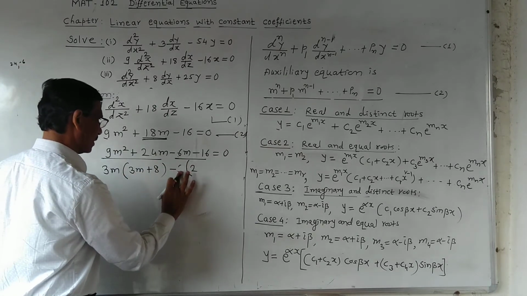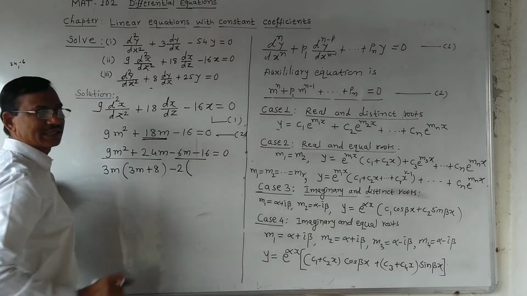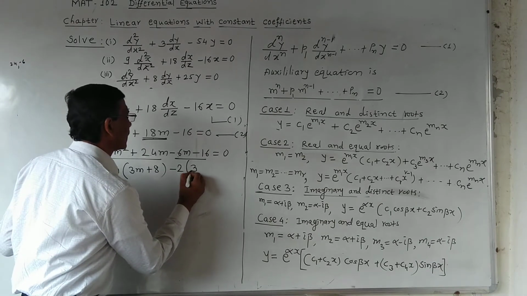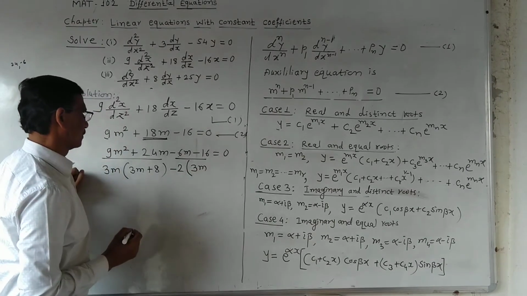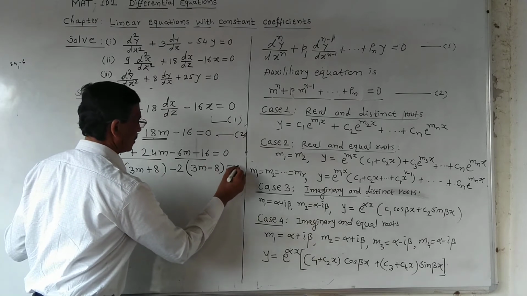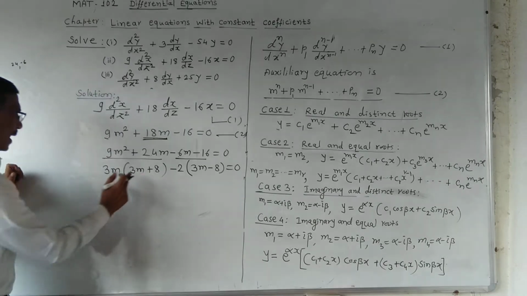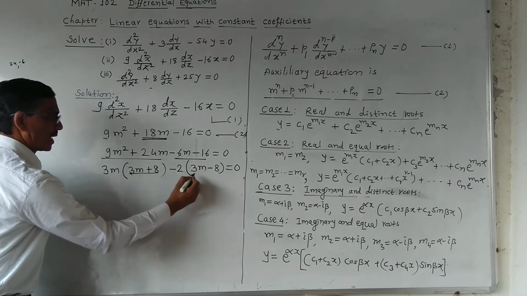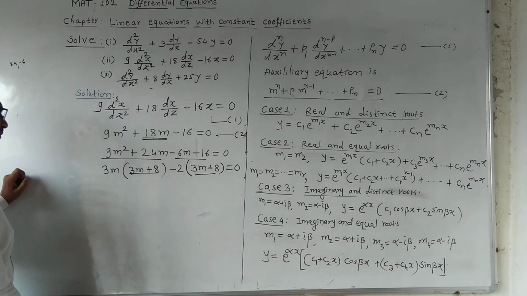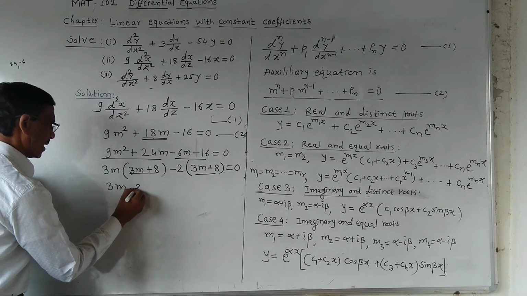We cannot take 3 common. Instead of that, take 2 common, because this is a 16. After taking 2 common, we get 3m minus 8 is equals to 0. Okay. Now again 3m plus, minus is taken outside, it is a plus. 3m plus 8 common, then 3m minus 2,